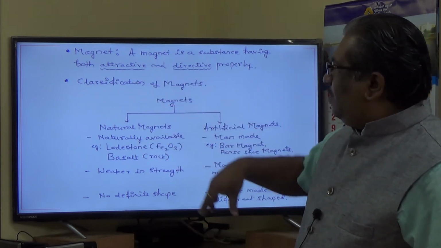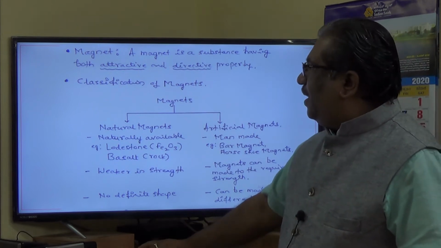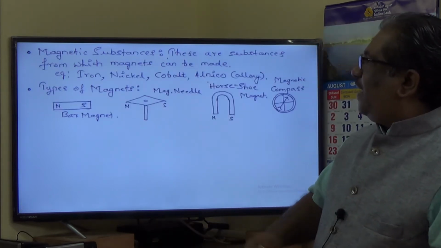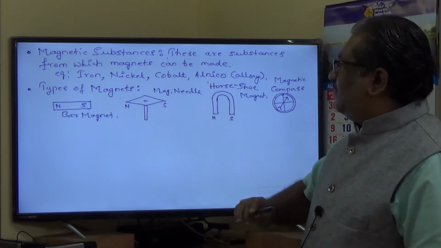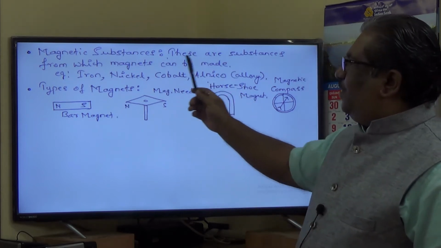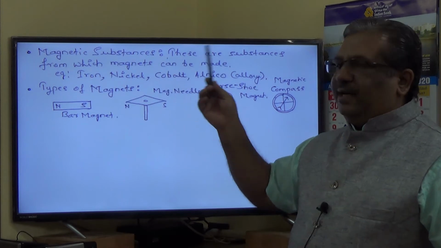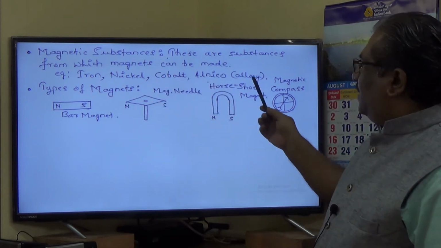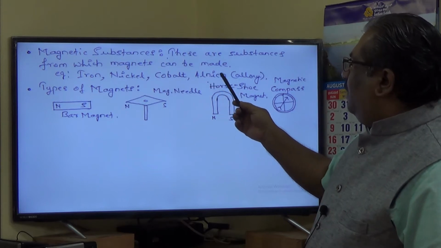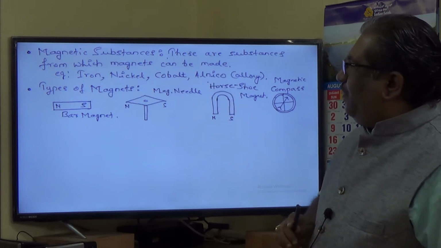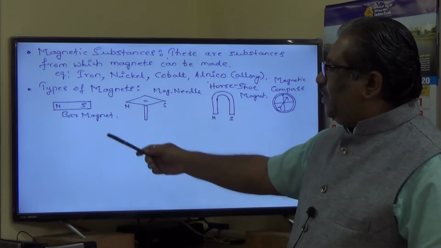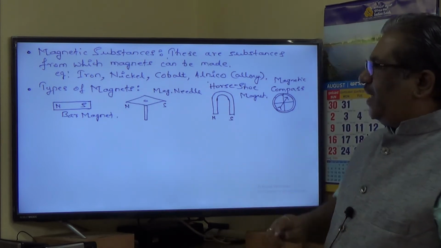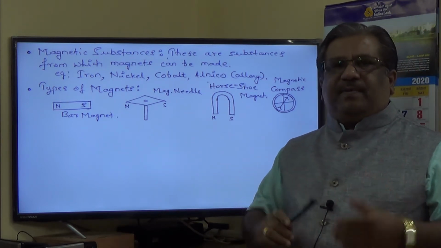So this is a bit about magnet and their classification. Next is magnetic substances. What are magnetic substances? Substances from which the magnets can be made are called magnetic substances. Iron, nickel, cobalt, alnico. Alnico is an alloy which is aluminum, nickel and cobalt alloy. And there are types of magnets. You can have a bar magnet, you can have a horseshoe magnet, you can have a circular disc shaped magnet,